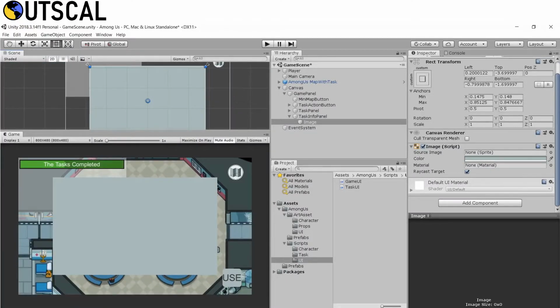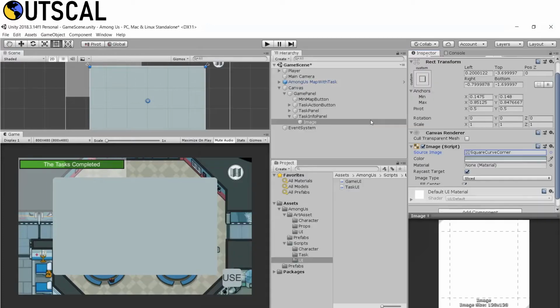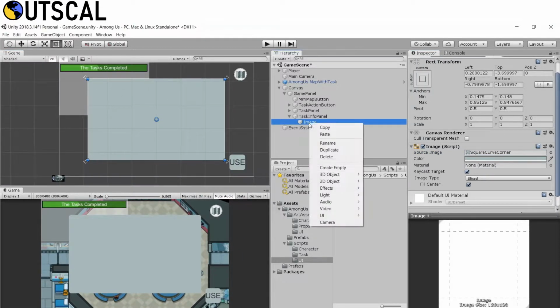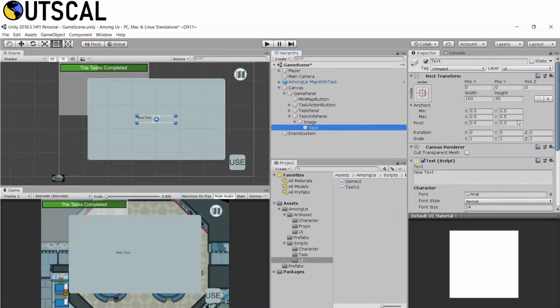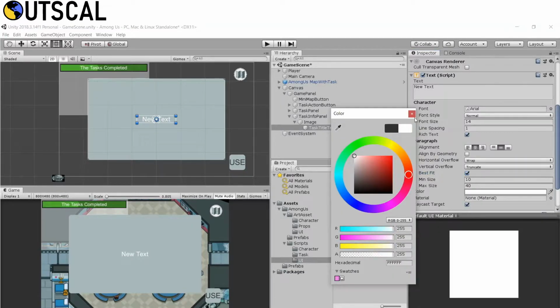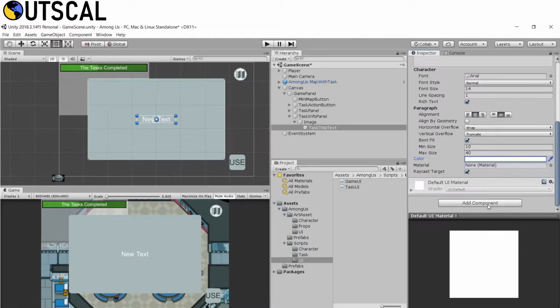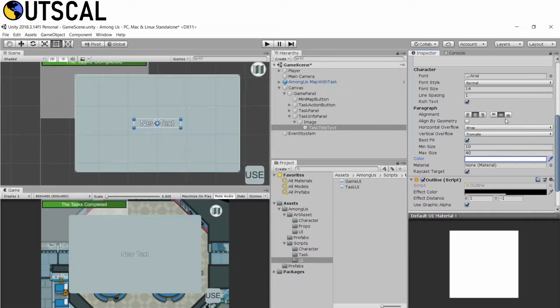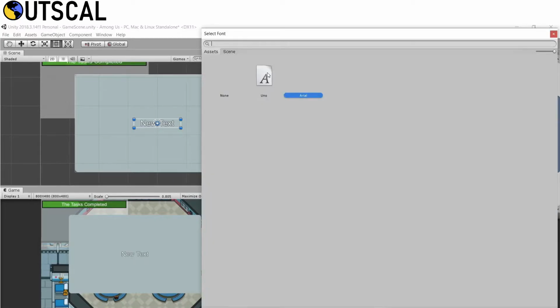And let's set the source image to this curved circle. Okay, now inside this we'll create a new text, and we will call this task title text. Align, best fit, let's try to make it white, and let's add the outline. So let's see if you have any font.